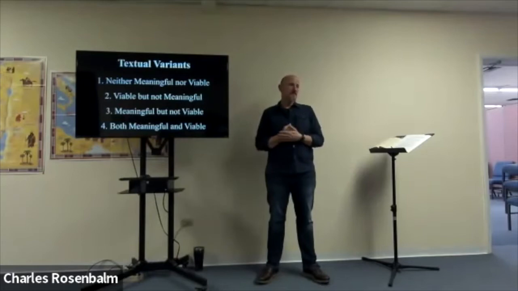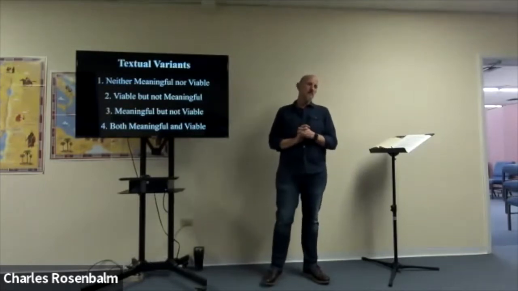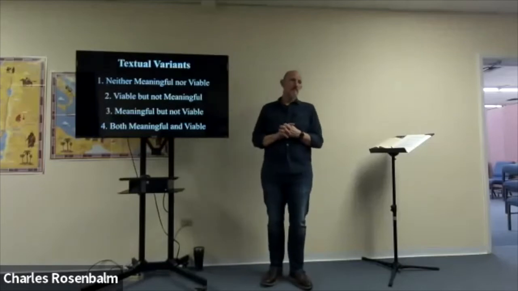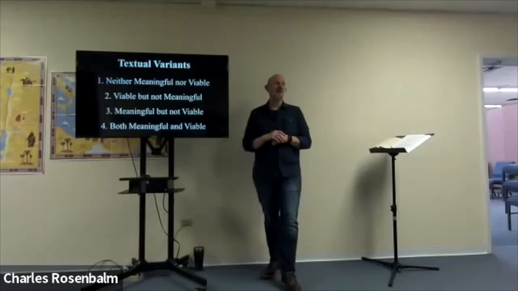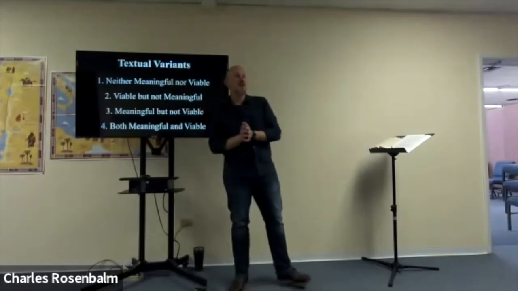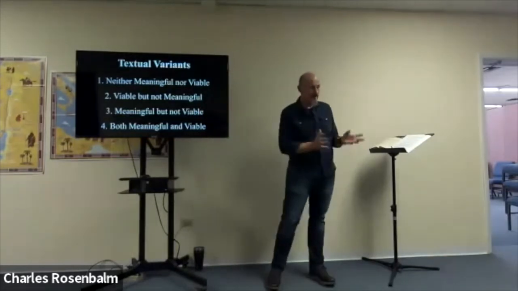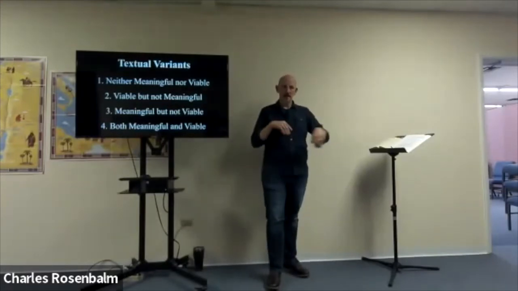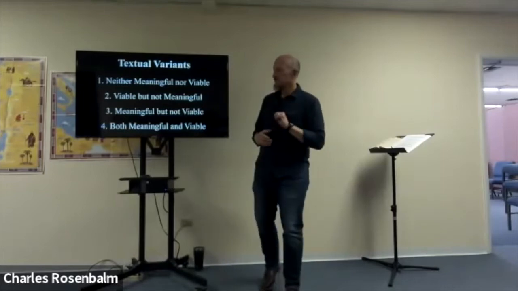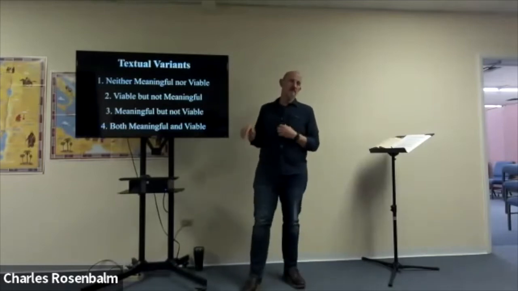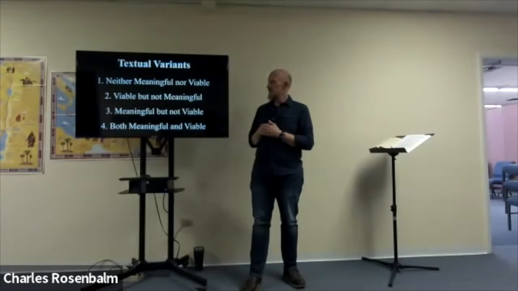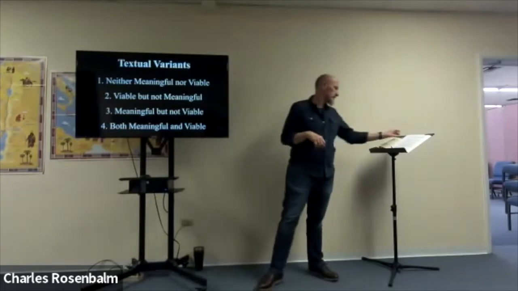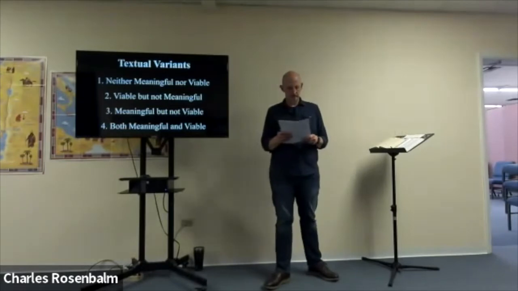But I just was, as a question, imagining that the original areas that this information came from in each area had to be verified. There are, for instance, something called the Byzantine tradition of the text. There's something called the Alexandrian texts that show differences based on geography. But I'm not going to get into all that because it gets very particular. I can see where the variables would happen, the viable and the meaningful.